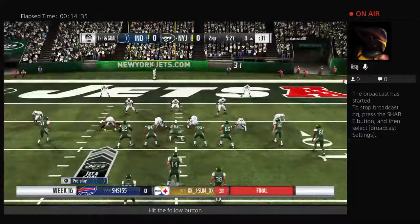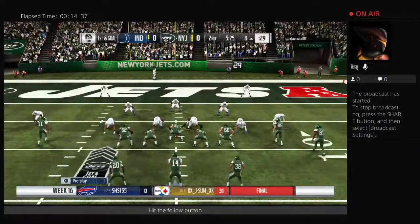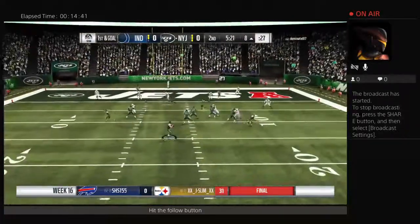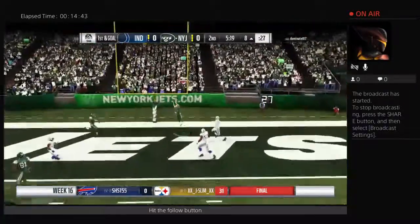They thought they had him hemmed in, thought they were going to get him on the ground with the pass rush, but were unable to do so. He gets away, picks up a big 1st down, and sets up 1st and goal inside the...